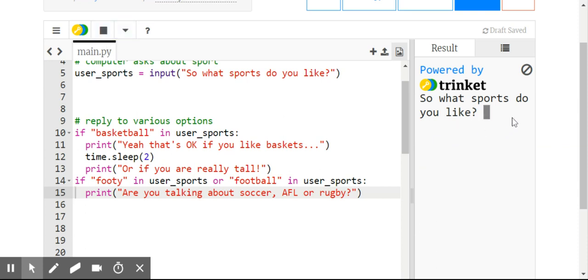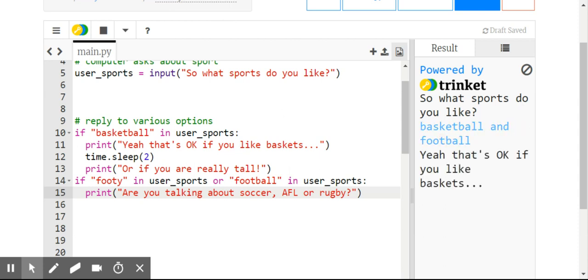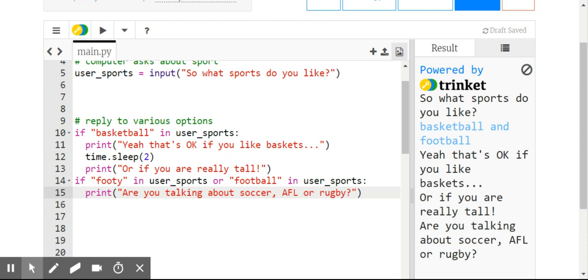run. So for example, if I said basketball and football, yeah, that's okay if you like baskets, or if you're really tall, are you talking about soccer, AFL, or rugby? Now that might be what you want, but if you want it to break out of this section of code once it's got one match, which I want, if you put an else if, it makes sense. So if this, else, and it only goes on to the next section of code if this doesn't run,